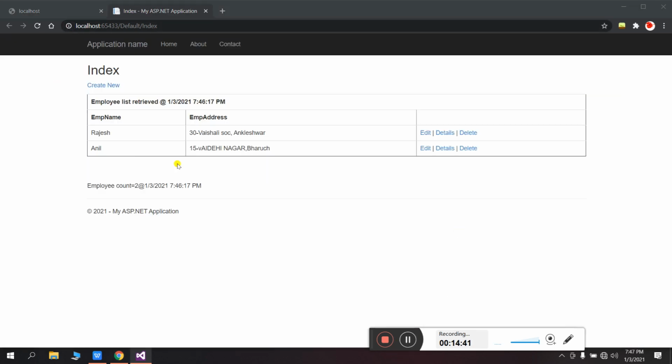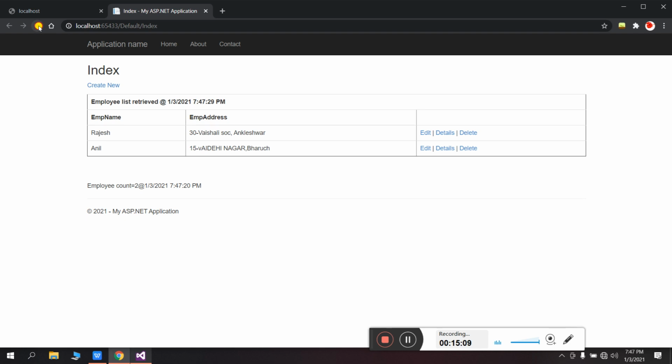And let's run it. Use the Index method and check. Here this GetEmployeeCount method will display the count of the employees. Now check this portion and this portion. At present both have the same time. Now refresh the page. You can see this portion changes but this one does not. Let's check.